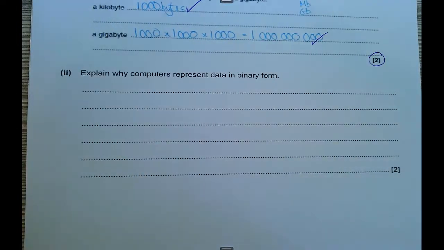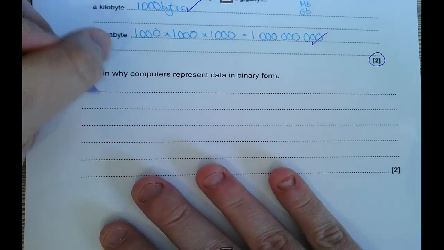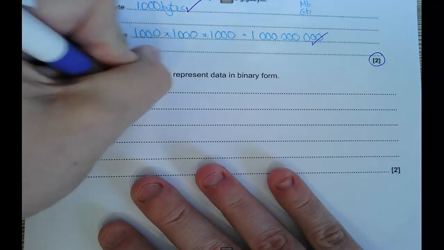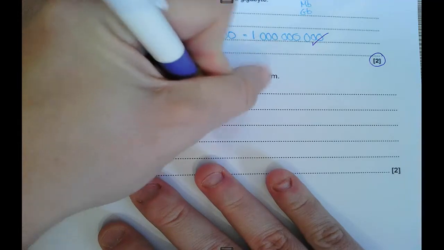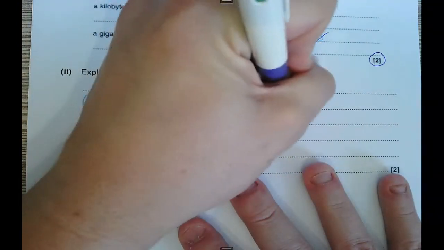Explain why computers represent data in binary form. 2 marks. Okay, so to answer this question we need to say what computers are made up of and why that means they can only understand binary. So we know computers are made up of switches. Switches